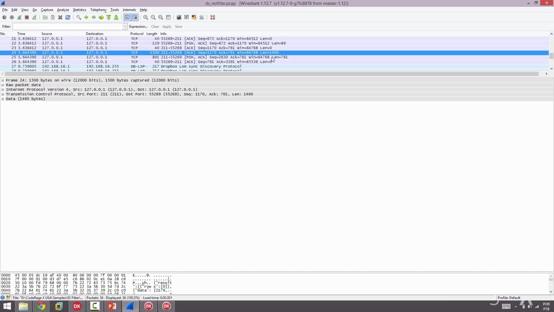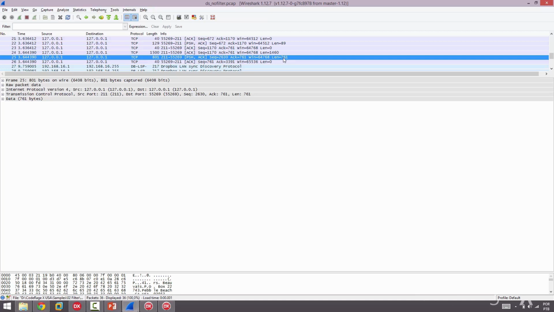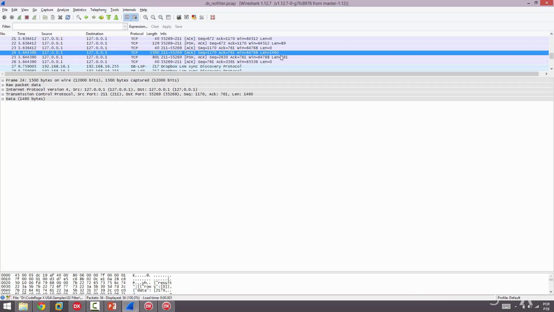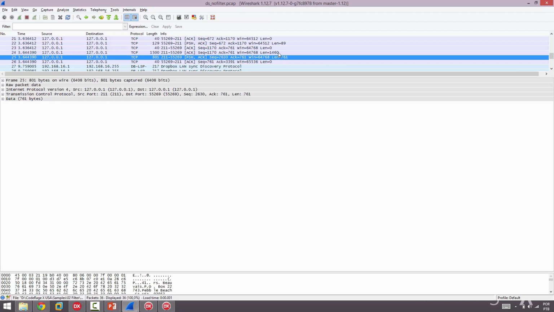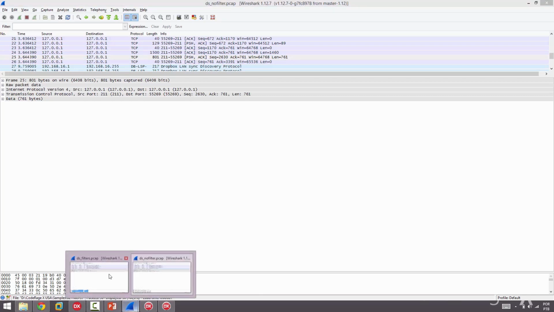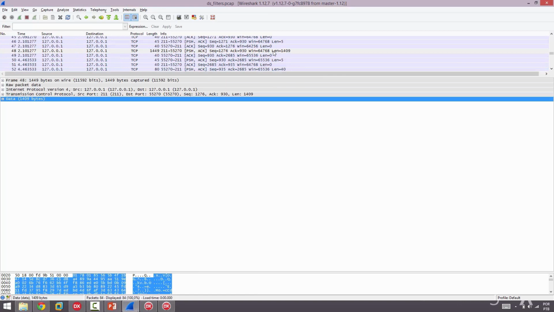There were no filters in the server and client, and the method that was called to get the customers had to execute two fetches from the server, one with a length of 1460 plus 761 bytes. It costs two fetches to get the data,